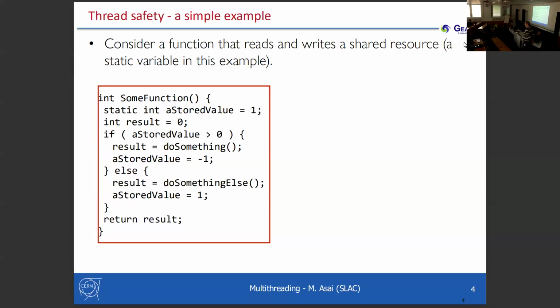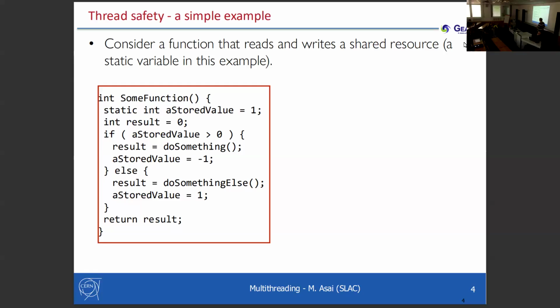Now, you probably have some reasonably complicated code in your application, and you might wonder whether the fact that it's being executed in multiple threads will affect it. If the code just reads a value, does something, writes a value somewhere else, maybe not. But there are times when it could be affected. And one of the times is when it will store a particular value and do something depending on what the value stored was. For example, you might be accumulating some energy, and then if it's more than a certain value,